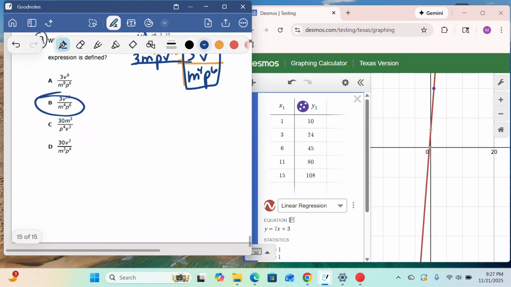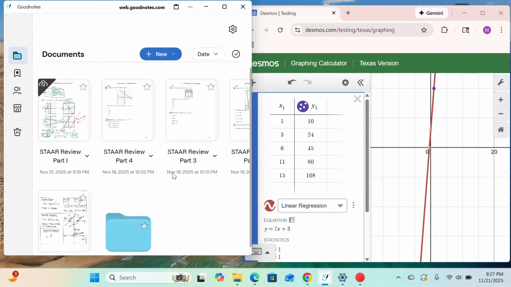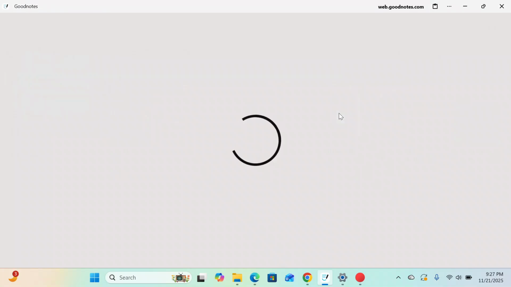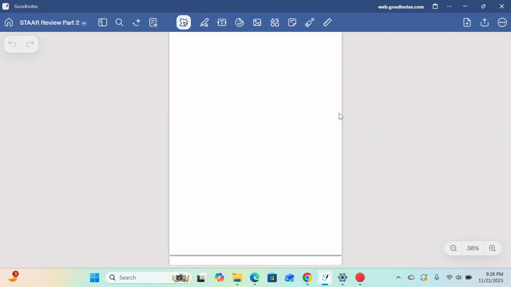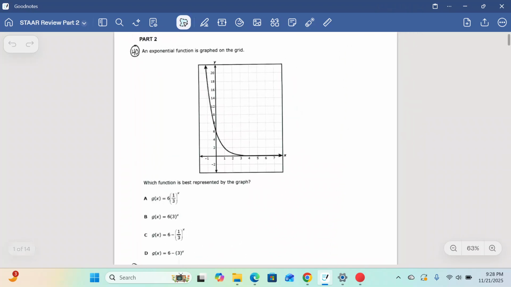And the last problem that we're going to do is from our part 2. Let me go ahead and get the part 2 problem. It's only going to be one that we're going to do, which is problem number 40. So it's going to load. And we're looking at problem number 40. Now they're going to give us the exponential function, and they want us to find which one of these is best represented